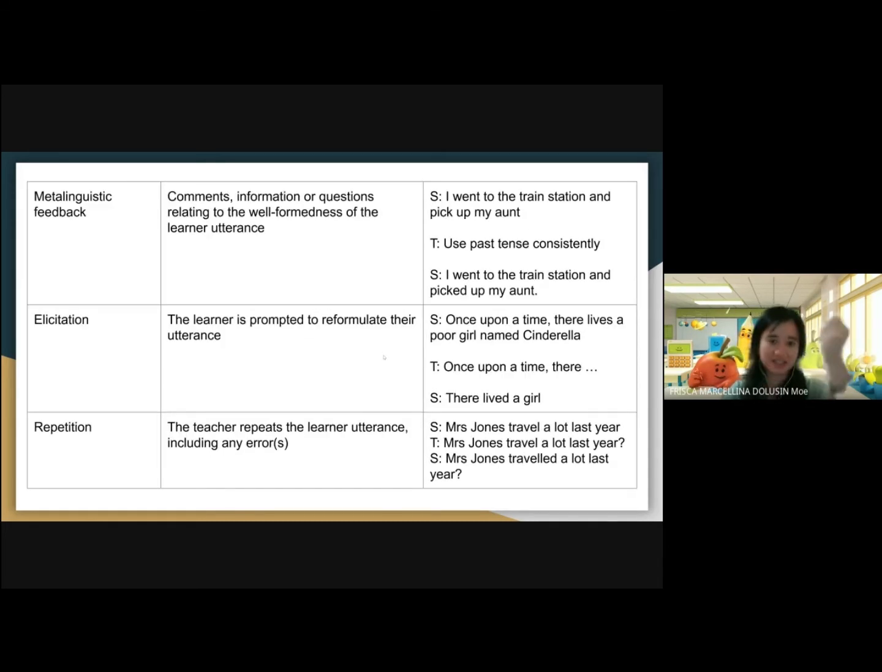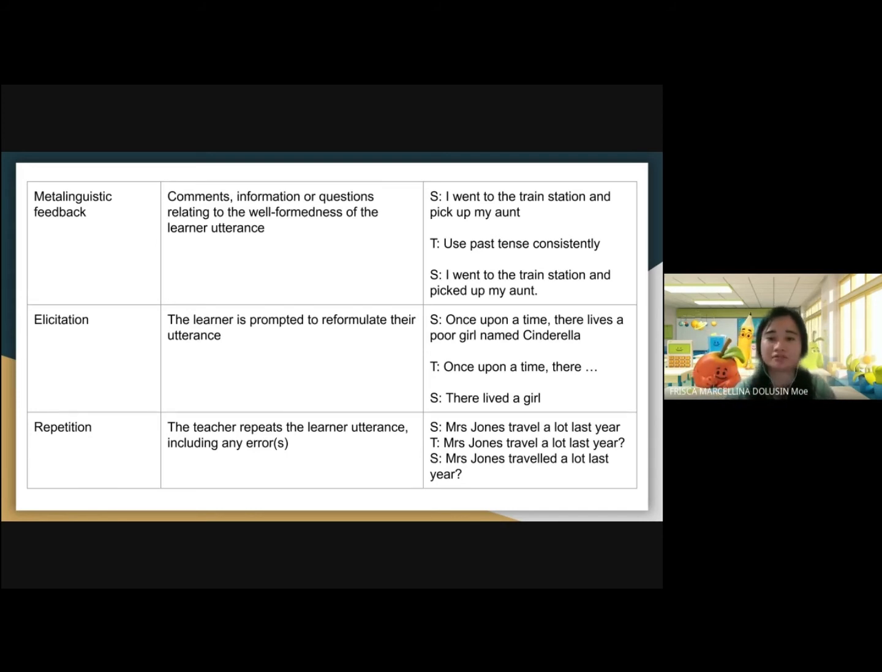Here is the meta-linguistic feedback. So in meta-linguistic feedback, comments, information, or questions relating to the well-formedness of the learner utterance are given straight away. Like from this example, I went to the train station and picked up my aunt. And then the teacher commented, use past tense consistently. And then the students will reformulate his or her sentence, I went to the train station and picked up my